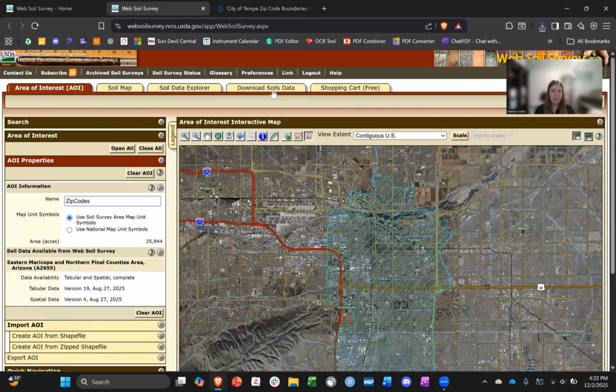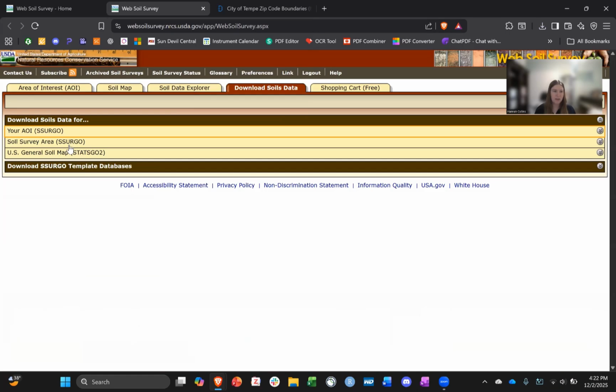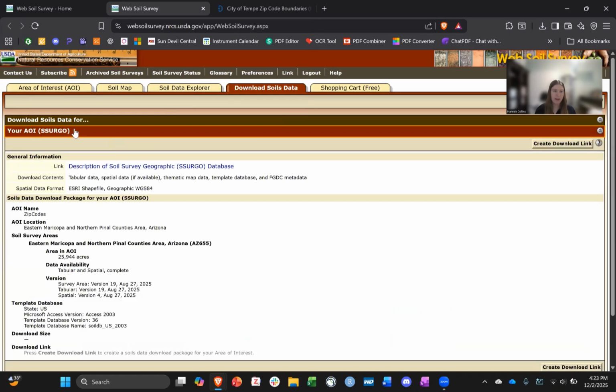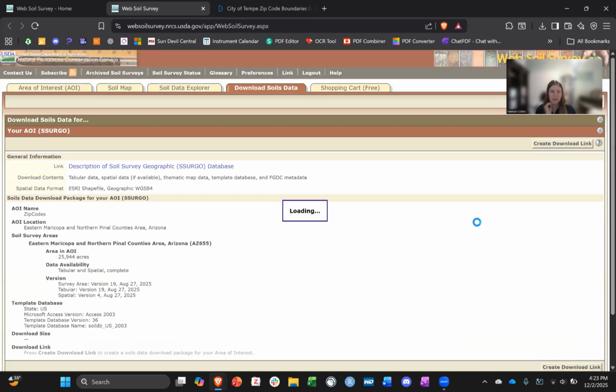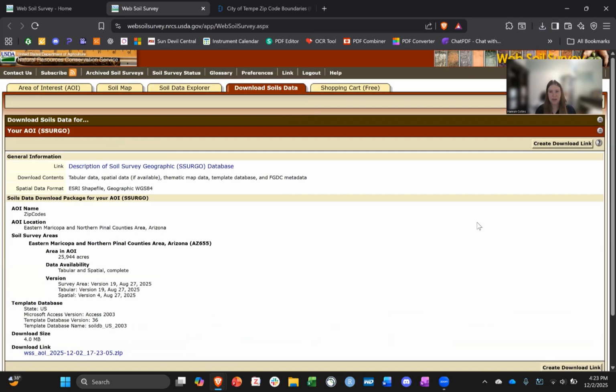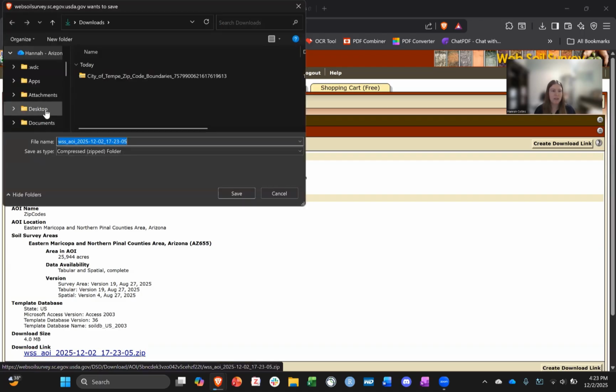Next, scroll up and then click on the Download Soils Data tab and click on your AOI, Surgo. Then click on Create Download Link. It may take a little while for the download link to be created, but I'll fast forward to when it is created. Looks like I didn't have to do that. Great. So now here is the AOI link that we can click on,